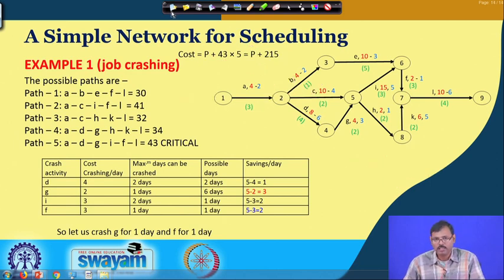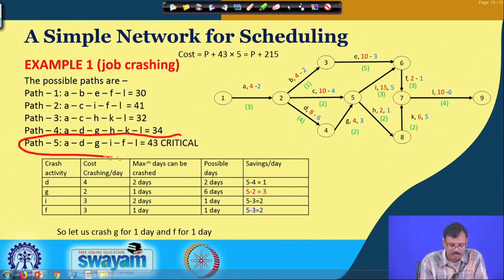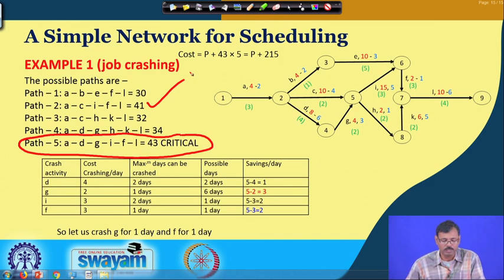Now, let us optimize this normal schedule which we have calculated, in consideration of crashing of the jobs within a stipulated period. The cost of crashing, that means the increase in the direct cost for that particular job, is given here, and we have to consider this for optimization. Now, if you look into this, this is the critical path and the near critical path is this one.